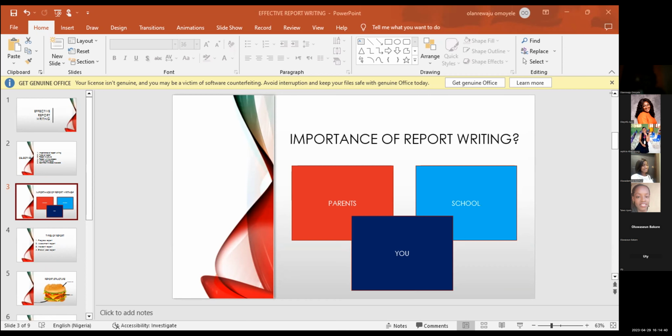So admin also needs to get that report. It helps them to track the progress of individual students and the overall performance. They can also look at that report and say, okay, where are we getting it wrong as a school? Is it the school, or is it the teacher? Is your teaching method okay? Are we doing well as a school, or are we not doing so well?